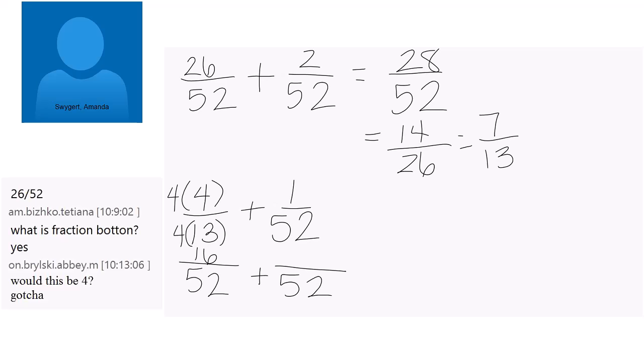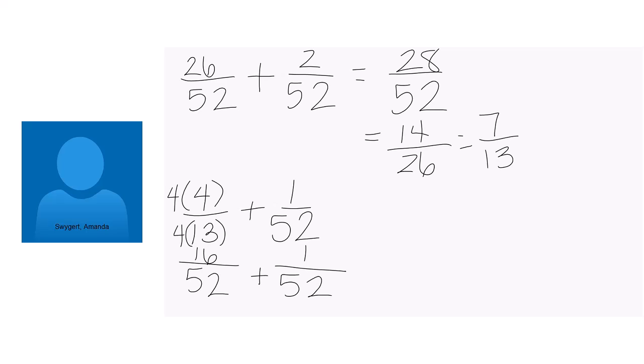The second fraction already had a denominator of 52, so I'm not going to touch it. I'm just going to keep it. So 16 over 52 plus 1 over 52, now it's just like the top question. I have common denominators. I can go ahead and just add my numerators. So 16 plus 1 is 17 out of 52. Okay, and then I would try to reduce that if I needed to, but if you remember what I said about that number 17, it's prime, so I can't really do anything there. Okay, so those are two examples of adding.